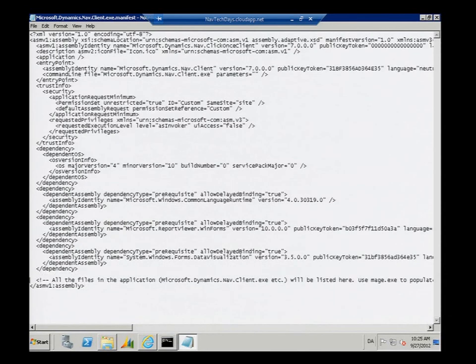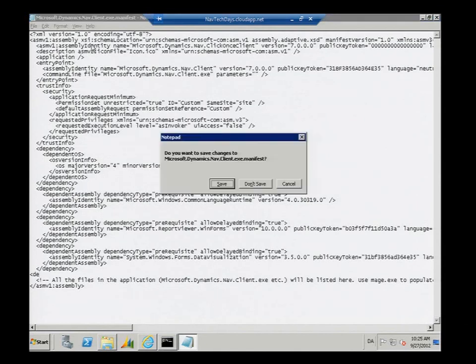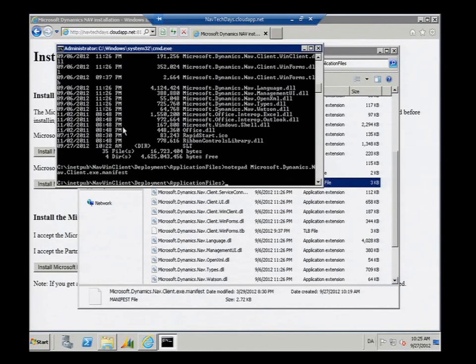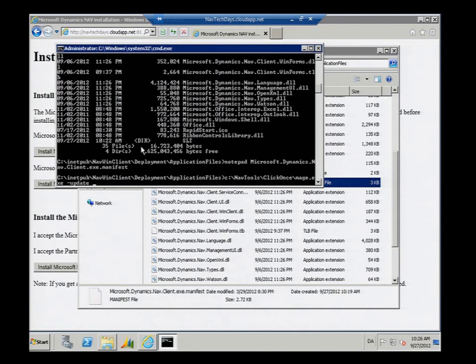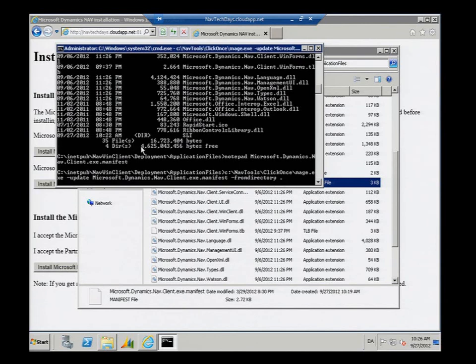Oops. So I can start now and say, it'll take a while. Are you okay with that? There's a better way. Because there's a tool, which is part of the Microsoft SDK that you can download from the web. ClickOnce. It's called Mage. And I'll ask it to update this manifest file and add all the files that are in the current directory.